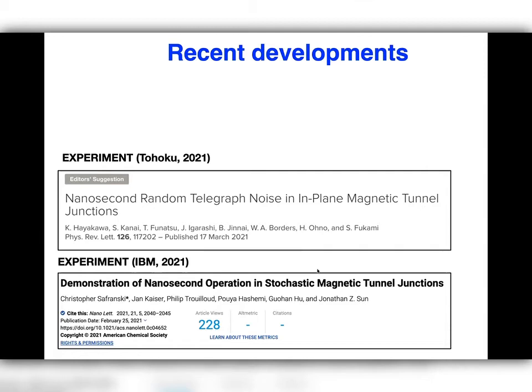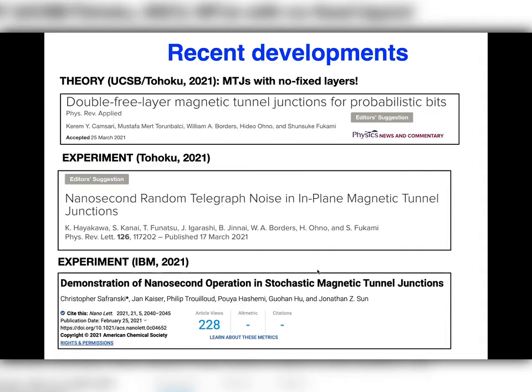And another recent development came from our lab, which is that you can make these magnetic tunnel junctions, in fact, doubly free, with no fixed layers at all. That is very unorthodox, a terrible memory device, because it's fluctuating all over. But we've put together some arguments and proposed that it can actually be an even better p-bit for our use. So this is a very active field, with some of the major world-leading experimental labs being interested in it. So you can see that this is very interesting and active.